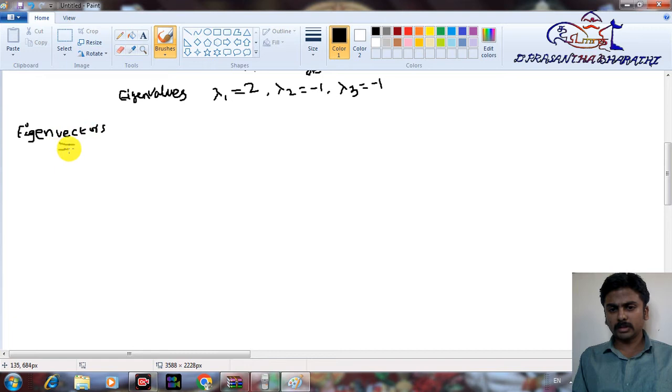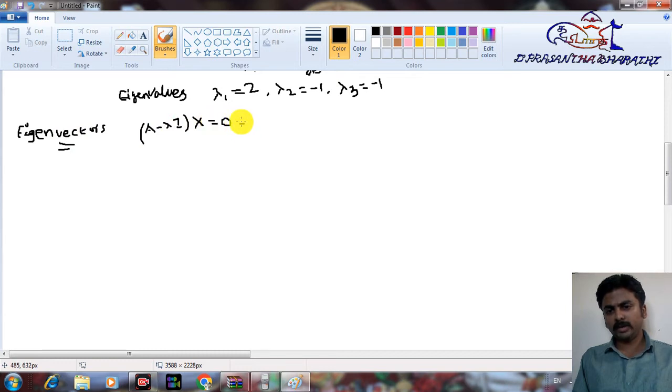So for this we want to consider A minus lambda I into x equal to 0,